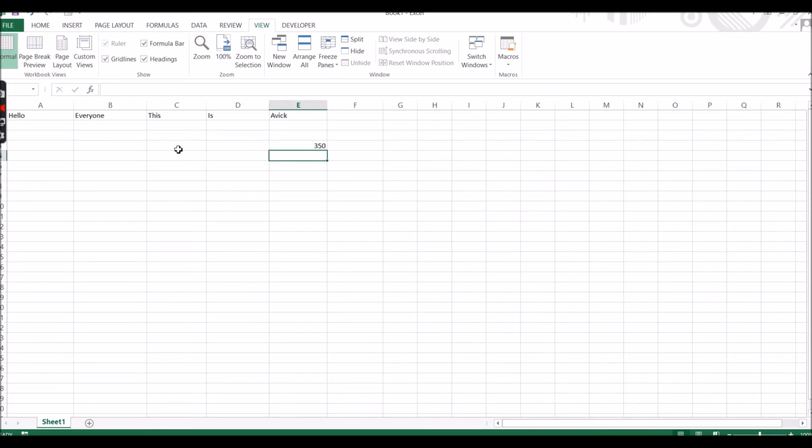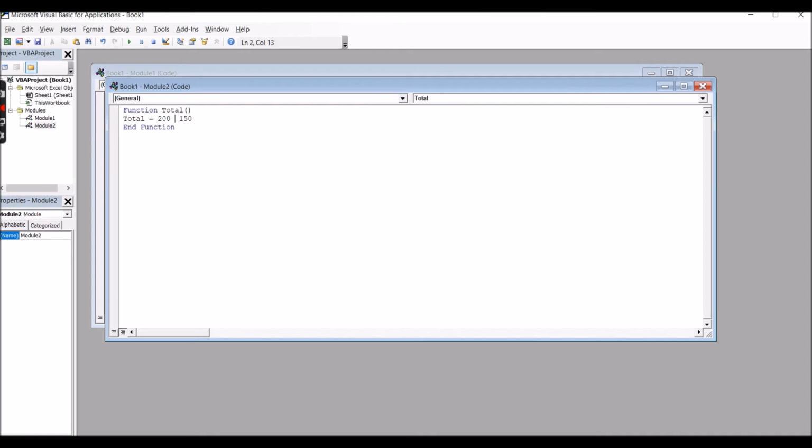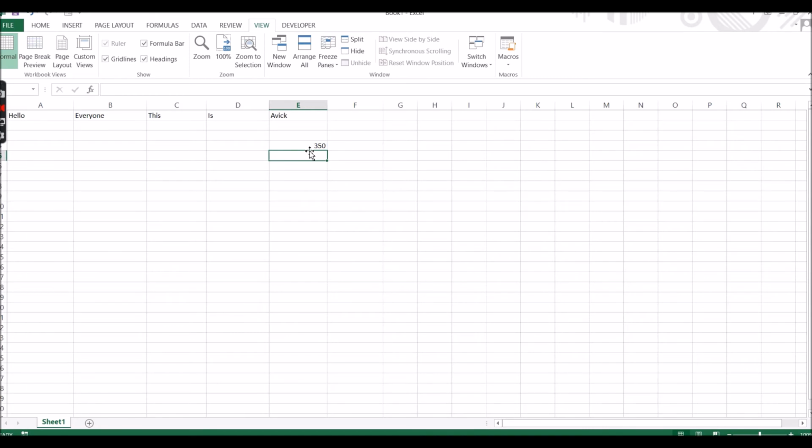So this is how you need to do your program. Again, if you want to, go Alt plus F11, you can change the symbol to multiply. I'll just show you in a minute. You will get the answer again: Alt plus F11, you will find that it equals TOTAL with brackets. You will find 30,000 because I have multiplied. This is how you can calculate by using the macro function.